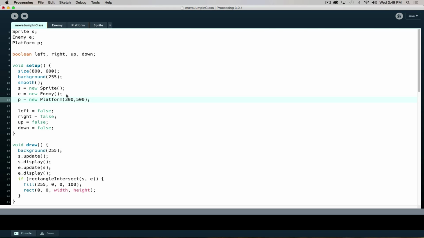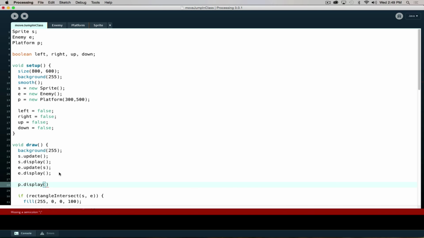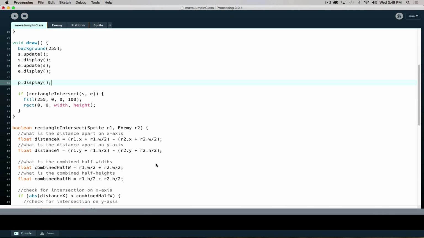Now the platform doesn't have any type of update to it, but the platform does get a display. So inside our draw, we can say platform, and we can tell it to display. And the cool part, because we've already added that method to our platform class, when I hit D, it said, hey, I bet you want to use display. I'm like, sure do. Hit return on the keyboard, and it's done typing. Semicolon, close out the line. The fewer characters I type, and the more the computer types, the less errors I will make in the long run. Now if I run this,